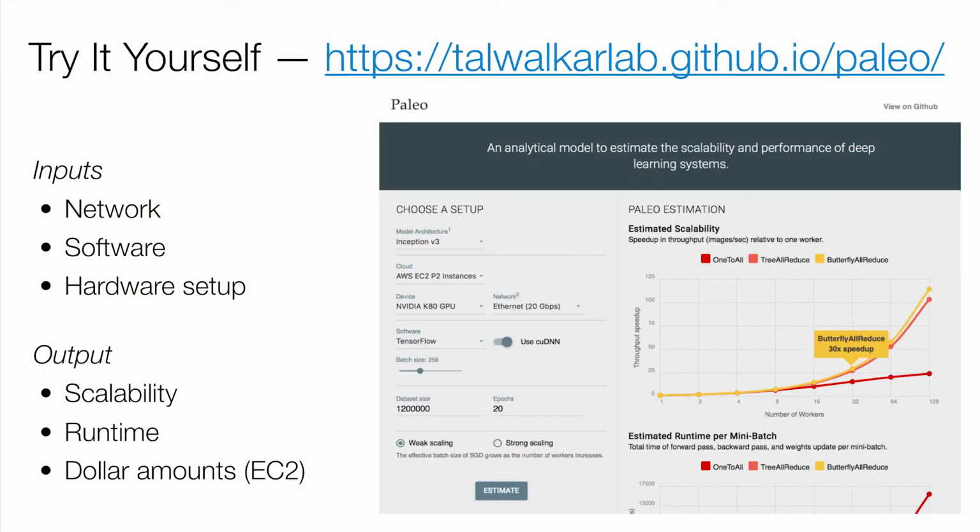We've started to see this a little bit. Facebook had a paper where they do report accuracy results and show that they can train ImageNet in an hour or something like that, and there's been some follow-up since. So I think people are moving in the right direction here. But the point is that it's non-trivial to train deep learning models in a distributed fashion with a large number of machines. If you're interested in trying this yourself, Hang made this really cool website where you can toggle the different parameters and get different scalability results in real time. So that's kind of cool.